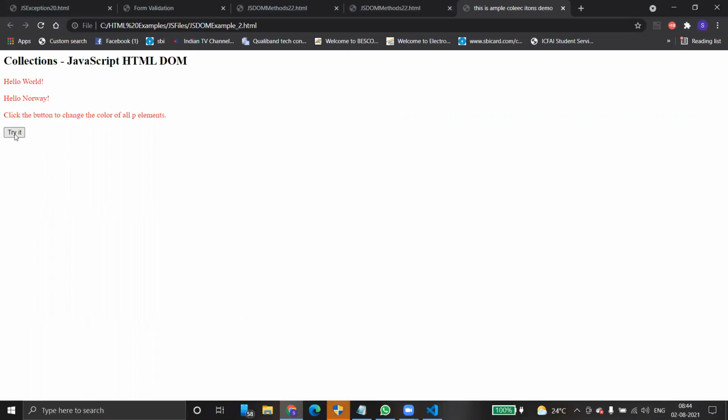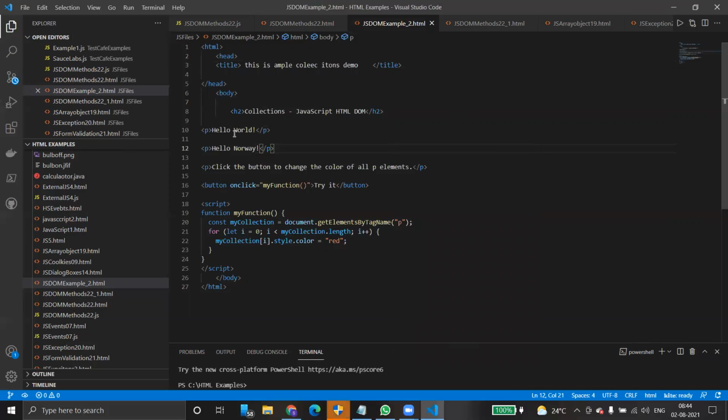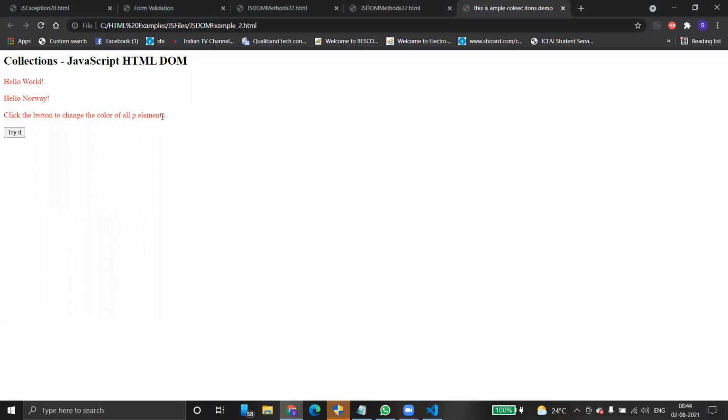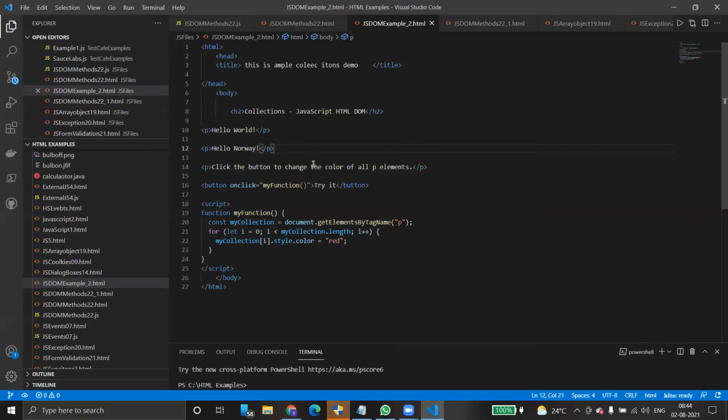Somehow we have changed the locators. Locators mean the ID or name of the properties might have been used for multiple objects. That's the reason it's not working in that page. But if you look here, the world, Norway, and all is there, right? How is it working? Very simple.